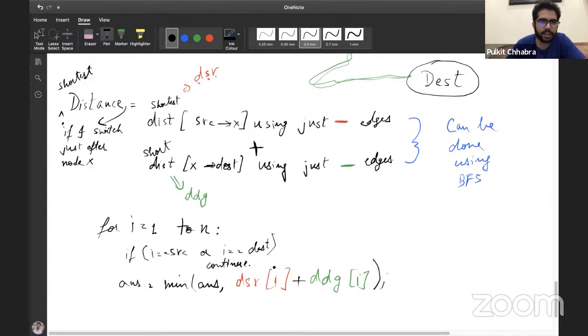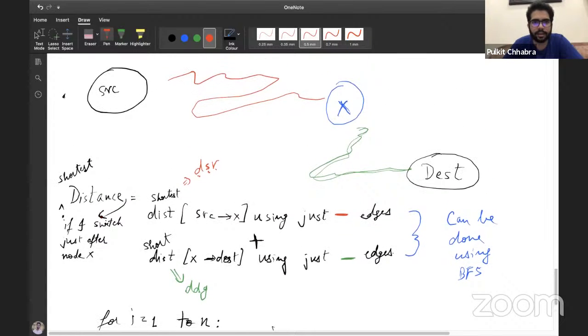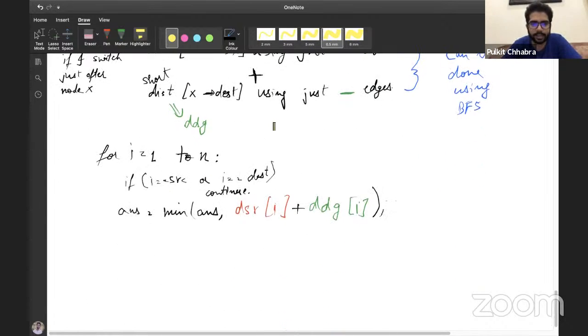So what I'm just doing is, if I am to switch from red to green exactly once, because we know that we'll have to do it once, I am trying for each node x that if I make this transition just after visiting the node x, then what will be my answer in the best case scenario? So I'm just trying this for every possible node, and in that case I'm just taking the minimum, right?